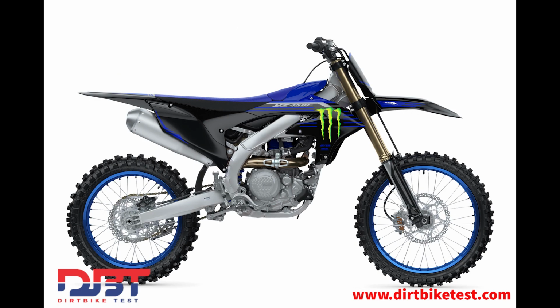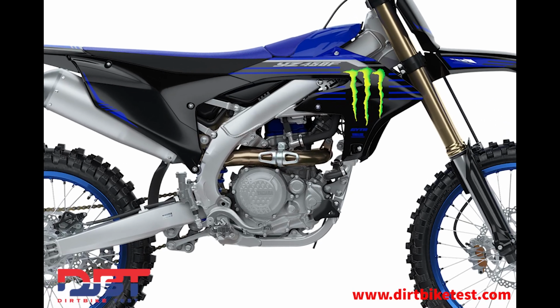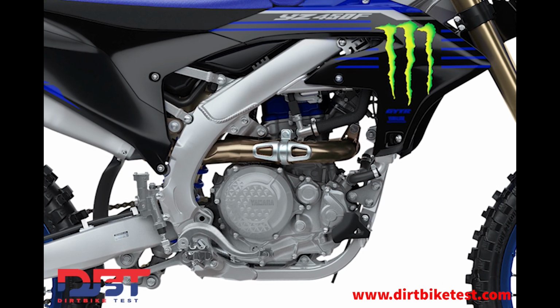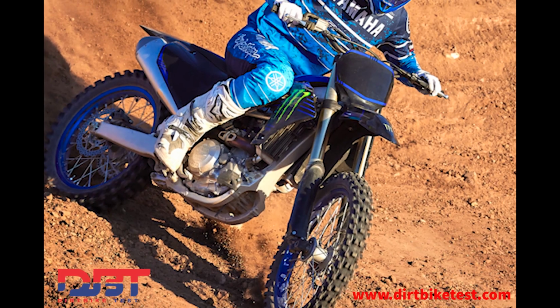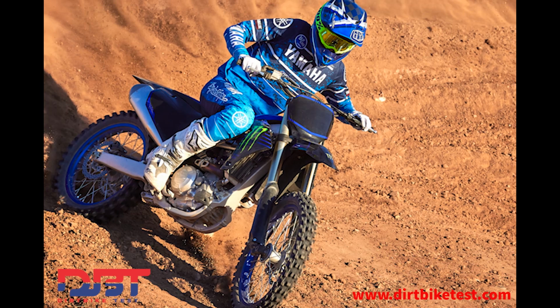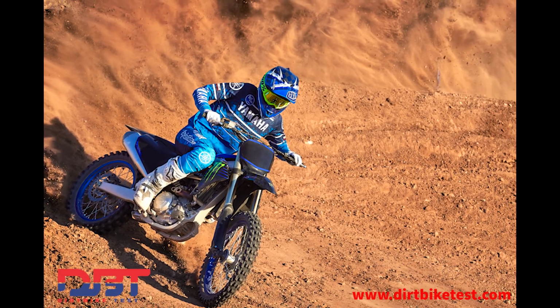Inside the YZ, there is still a 450cc displacement, but they changed everything about it. The power character is adjusted to be more powerful, almost claimed to be 5%, and yet easier to ride. It sounds like marketing speak, but insiders say it is true. Expect a smoother bottom end, a more progressive transition to the top end, with a 500 RPM increase in the